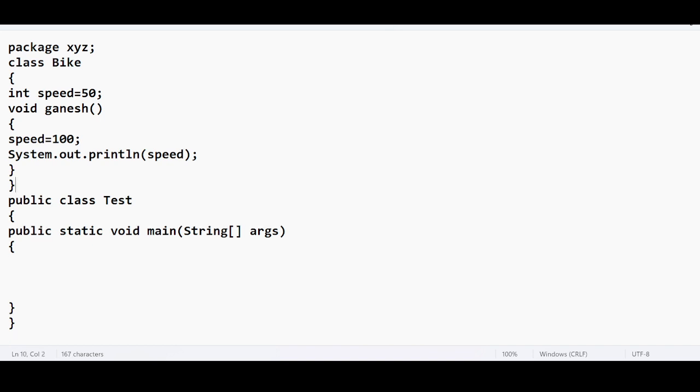Think it from the computer perspective. Some violation could happen, right? What is such violation? I need to create an object for bike: b equal to new bike. Then b dot